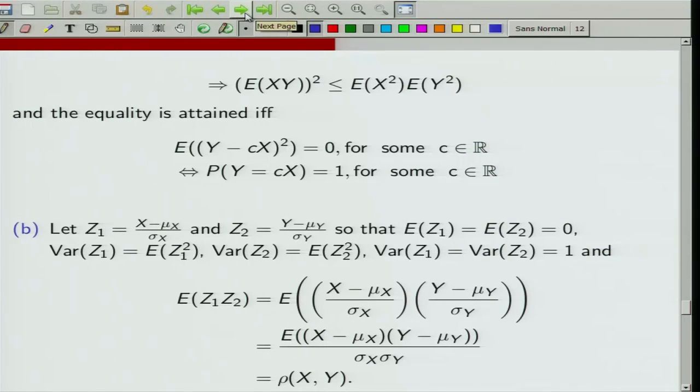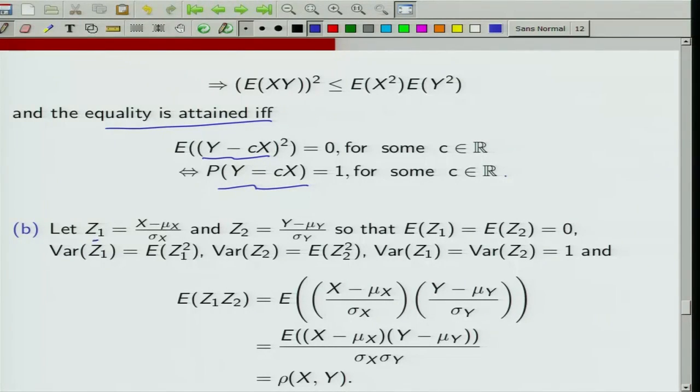And certainly, in the Cauchy-Schwarz inequality, I will have an equality if there is a root of that quadratic equation. That means the expected value of (y minus c x) whole square is 0 for some c belonging to R. But that happens if and only if the probability that y minus c x is 0 is 1, or the probability that y is equal to c x is 1, for some c belonging to R. Now, to see how the fact that correlation lies between -1 and 1 follows from the Cauchy-Schwarz inequality, I may